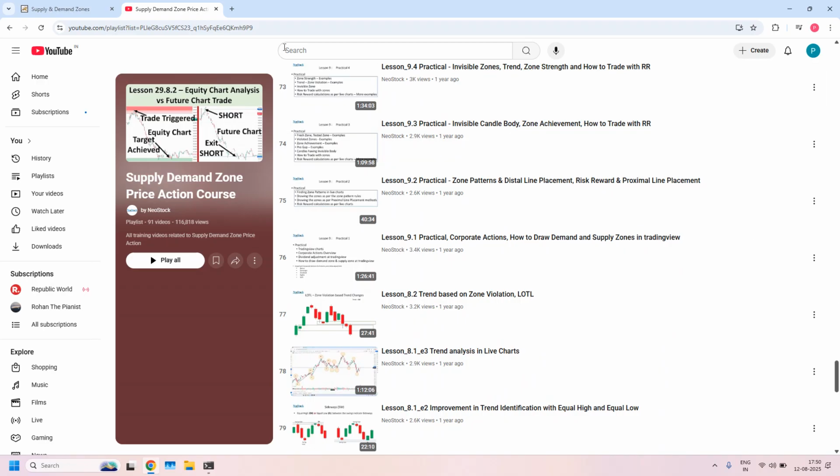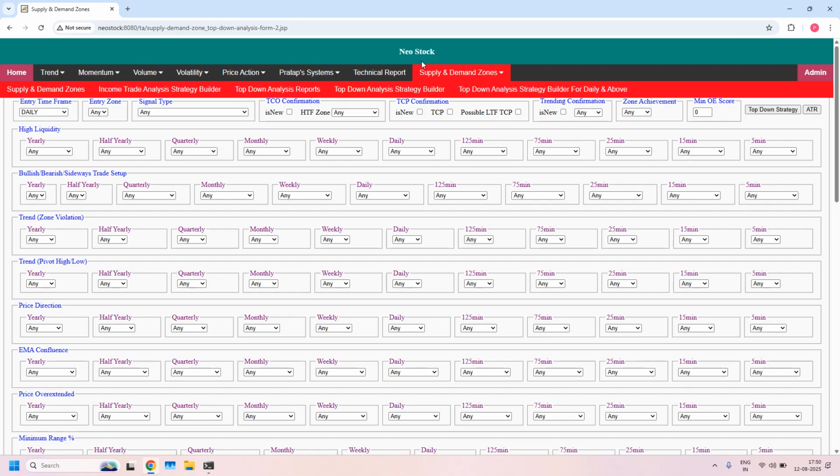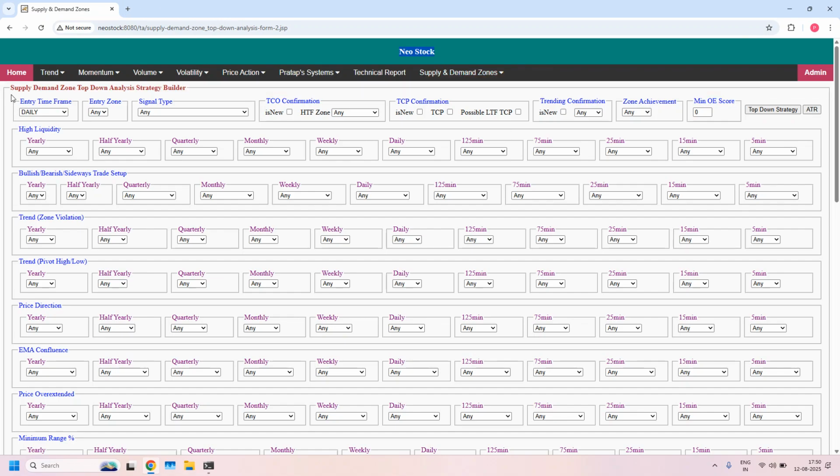Okay, now I am going to generate different supply demand zone reports with the help of NeoStock Software's supply demand zone top-down analysis strategy builder. First, I am going to generate the report finding the stocks near daily and 75 minutes time frame zones, so that you can identify high liquidity zones, and using those high liquidity zones you can apply the high liquidity zone strategy you learned in lesson